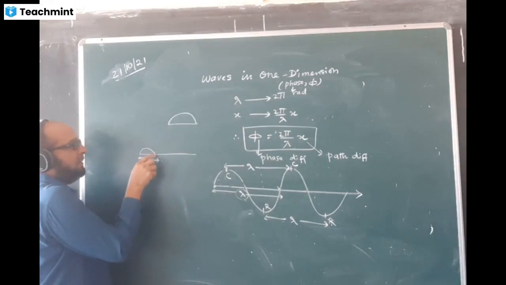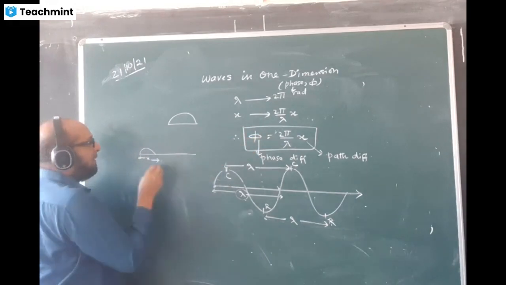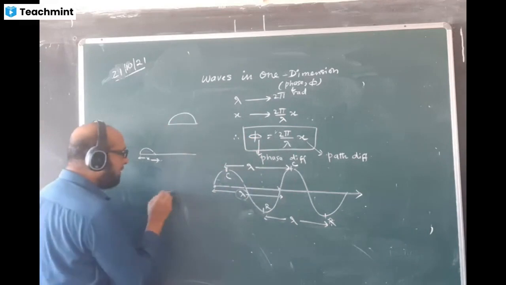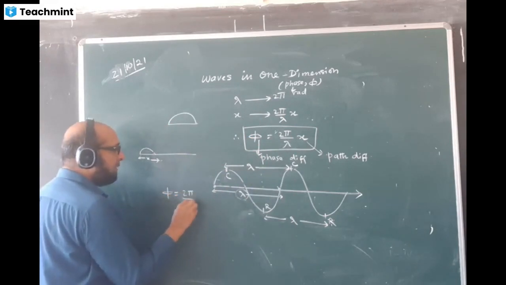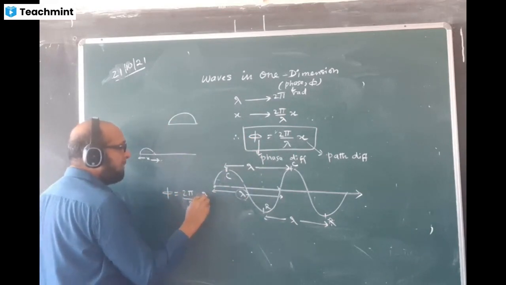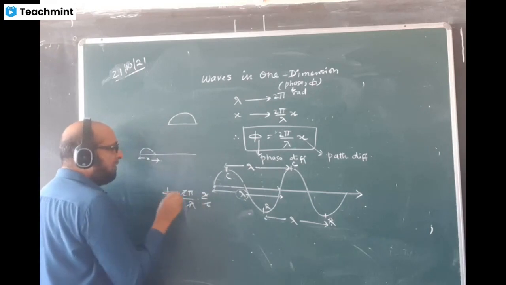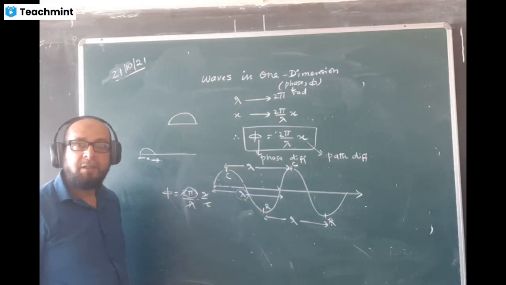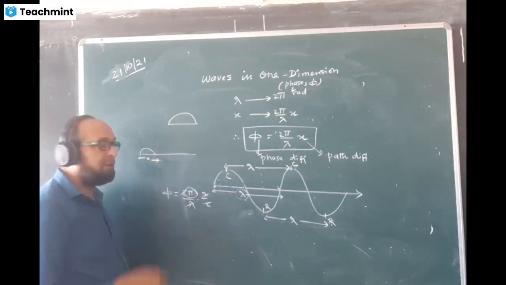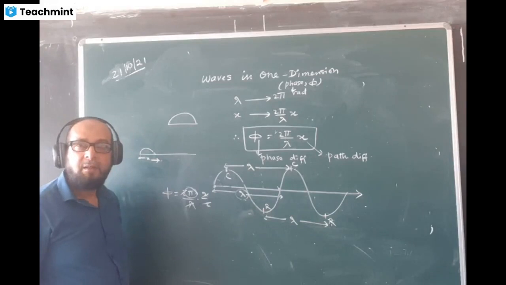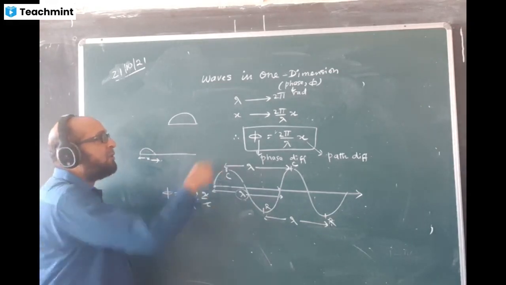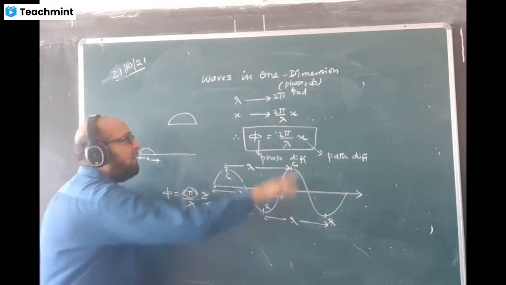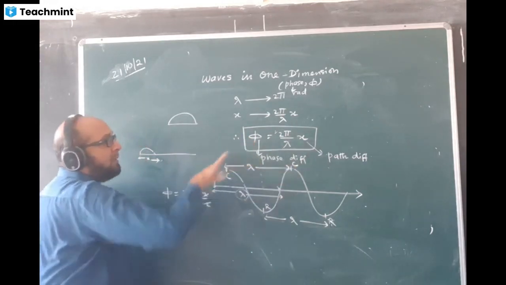And if the wave is exactly like this, what is the value of phi out here? We can calculate: x value is lambda by 2. This is half of the wave. If you put the value here using 2 pi by lambda, and x value lambda by 2, lambda will cancel, and the value of phi will come pi. Pi means 180 degree, and we know the semicircle angle is 180 degree. That means this is the equation to change linear distance into angle, or if the linear distance is known, we can change this into angle by using this equation.